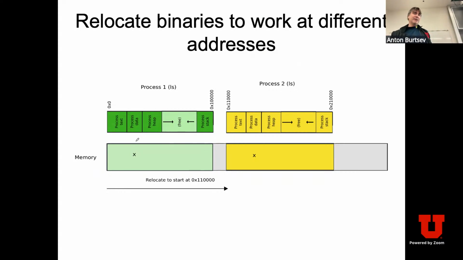So I understand that each process internally will have its own process text section, like green and yellow. The font is a little small here. Private data section, maybe heap, which is growing this way, and maybe a stack, which is growing in the opposite direction. And you say, I know that, if you give me a compiler and a linker and everything, I will relocate. And one program will be running from address 0, and a second one will be running from this address, whatever it is, 1 megabyte plus something, right? That works, right? No virtual memory,